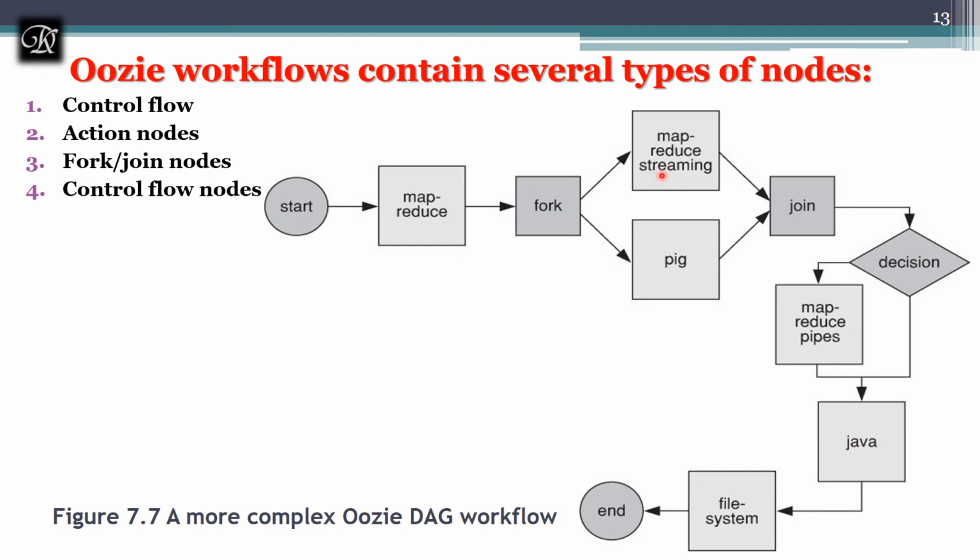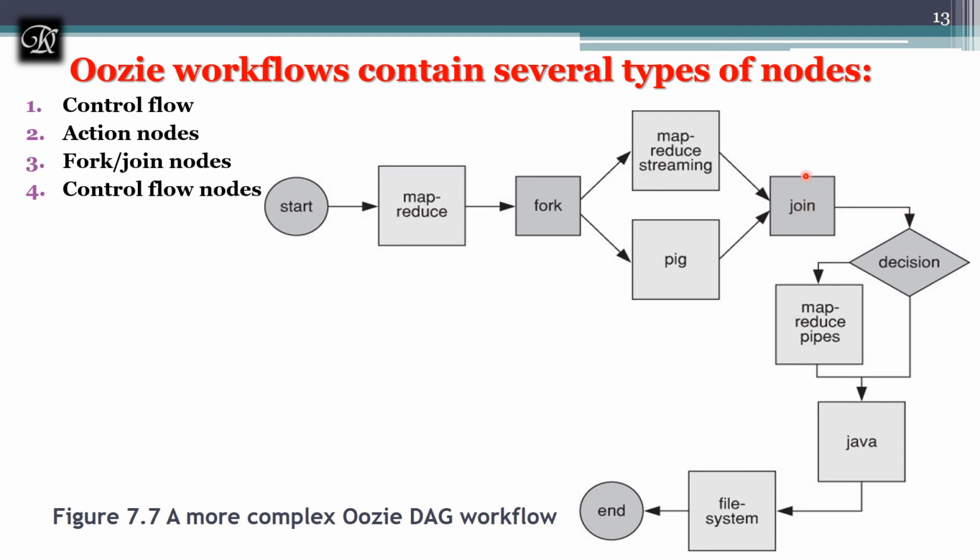I said in the previous discussion that it can be a MapReduce streaming task, a Pig task, a Hive task, or a Spark Scala task. It can be of any type. So here you can notice I'm doing these tasks parallelly. The output of all these modules which I'm doing parallelly should be an input to one module. So I have to combine them. For combining, I'm making use of the join.